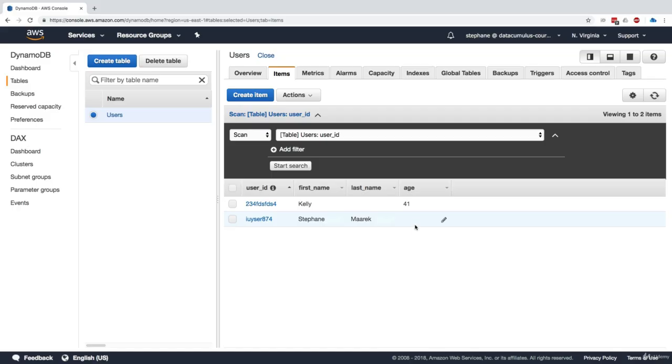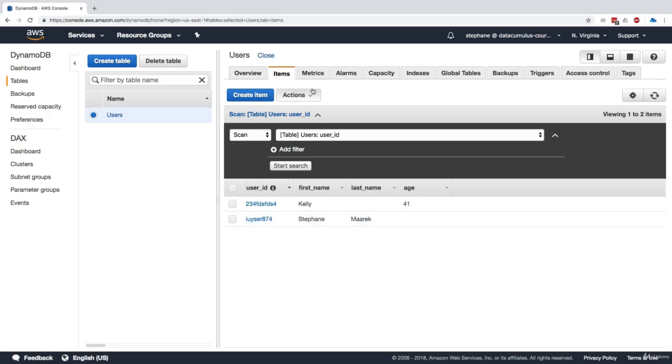So in DynamoDB, it is completely fine for any field to be null. Actually, you cannot enforce any field to be not null, except for user ID and sort, the partition key and the sort key. So all these fields can be null, and they can be independent of one another. So this is a big difference versus SQL databases, which allow you to say this field is not null and whatever. So here we have a first name, no last name, and age, and for me we have first name and last name. And so we're able to add data.